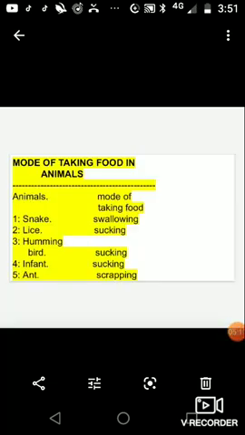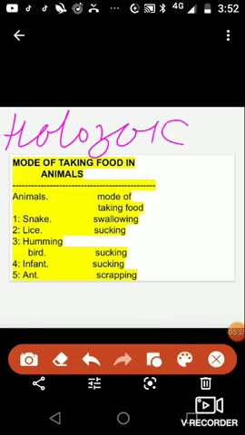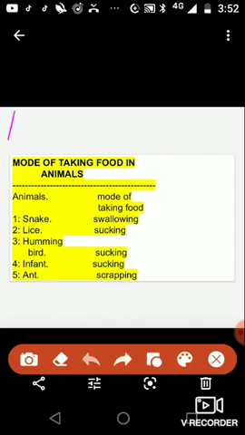Students, actually the animals show a different kind of mode of nutrition that is called holozoic. Okay, that means the animals take solid food actually, so they show holozoic kind of nutrition. So what does it mean? Holozoic means, like holo, it means whole,